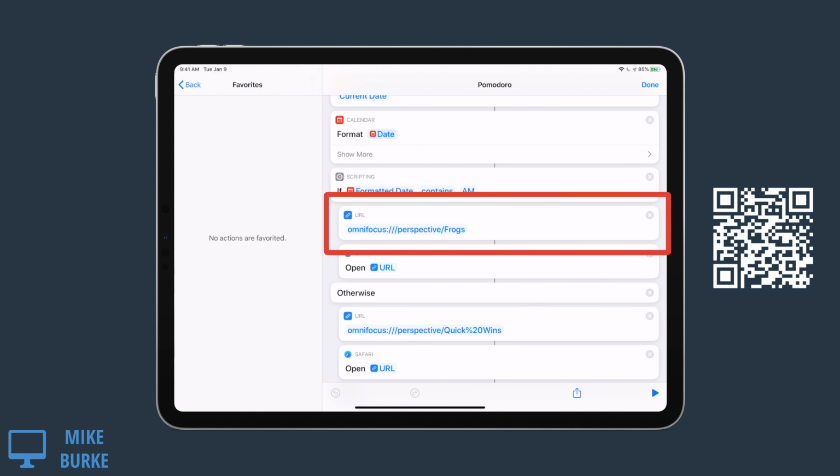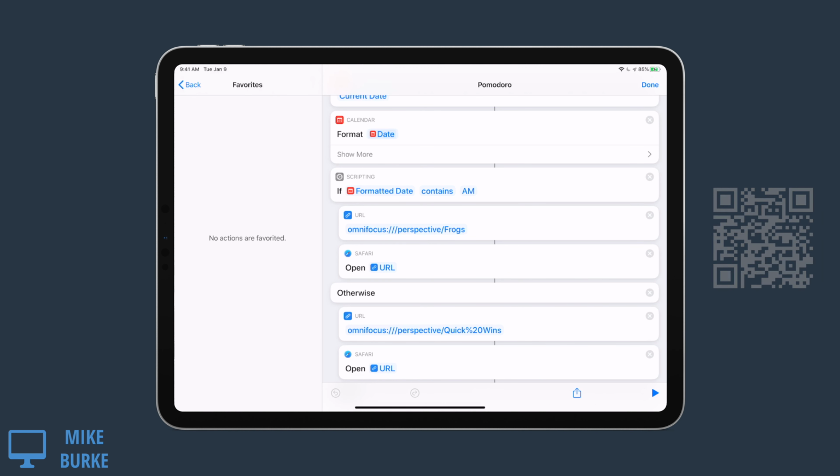And frogs, you can check the post that I have on my website about that, but frogs are tasks that require a lot of energy and attention and focus, but also have a very high impact if I complete them, very high return on investment. So these are great things for me to get done. I love getting frogs done, and my goal is to get at least one of these done a day.